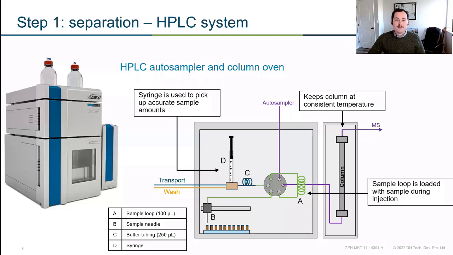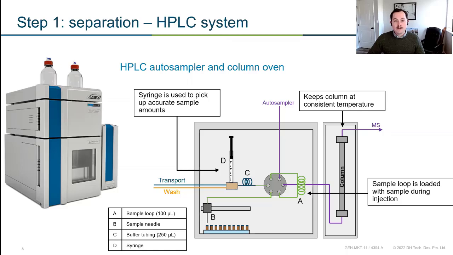So what we're doing is we're withdrawing some of our sample. For LC-MS analysis, we can do anywhere from around a microliter all the way up to a milliliter and above, depending on what your method is and your approach and what detection limits you need. But regardless, we're loading that sample into our sample loop. And from there, once our valve switches, our mobile phase is going to push our sample out of that sample loop and introduce it to our column. And our column or analytical column is really where all the magic and separation is occurring.